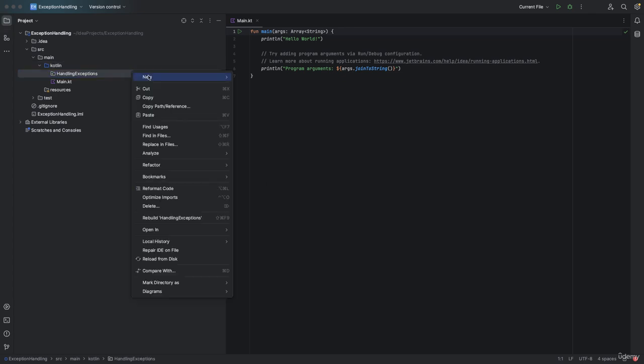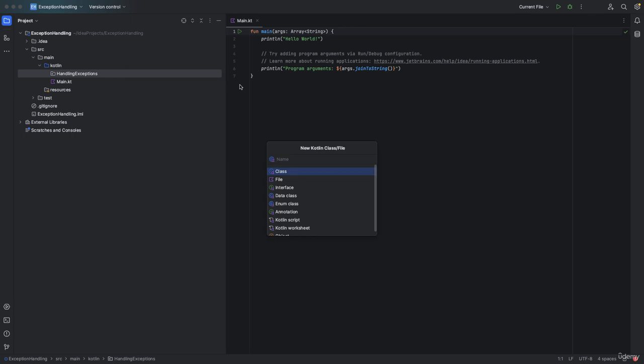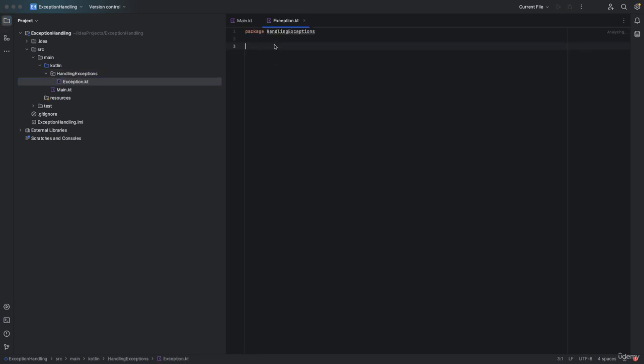Now let's create a new Kotlin file over here. So just go to Kotlin, make sure it's a file, and over here I'm gonna name it recipe exception. Now what I'm gonna do, I'm gonna say fun main. Under this, I'm gonna say try,